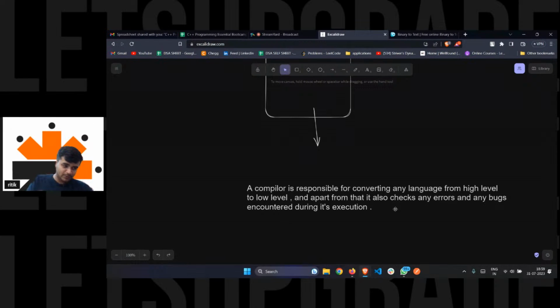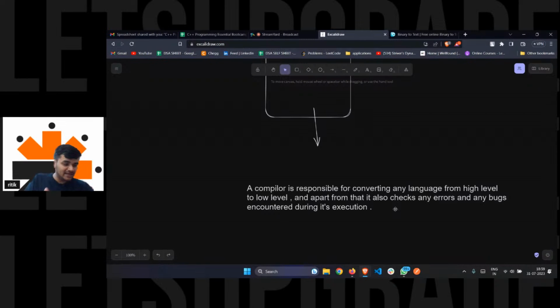One main task of it is to track any errors or bugs that come during the execution. Note it will only track those bugs. It will not rectify them. It will tell you that on line number 5 you are missing a semicolon. That's a bug, an error that has been caused.